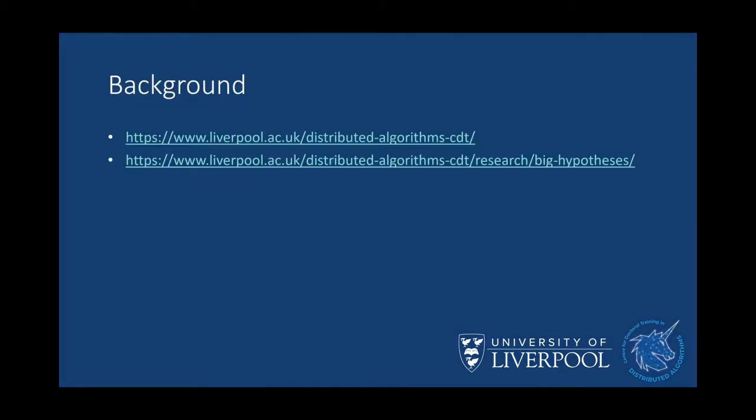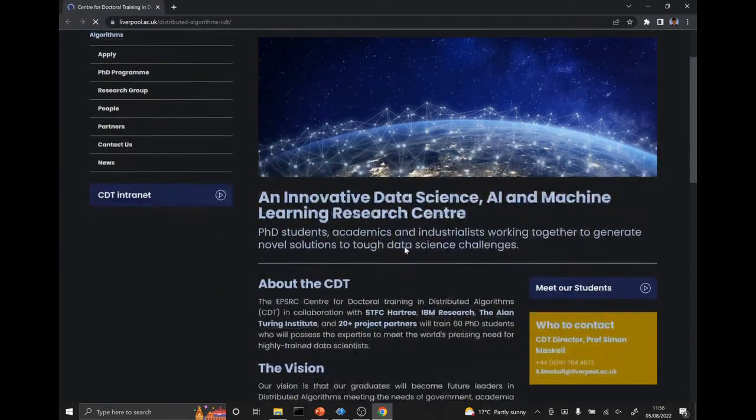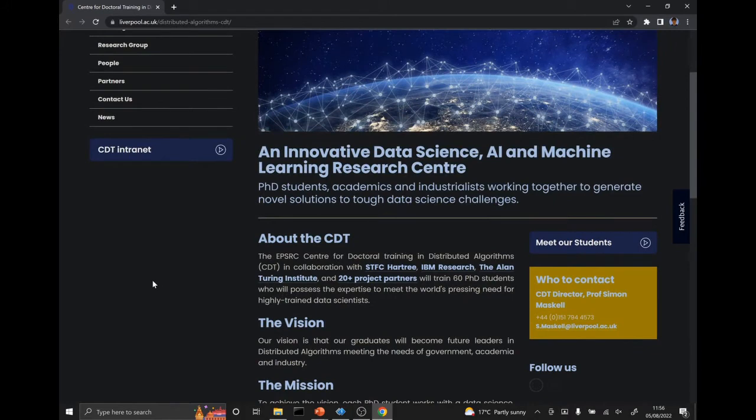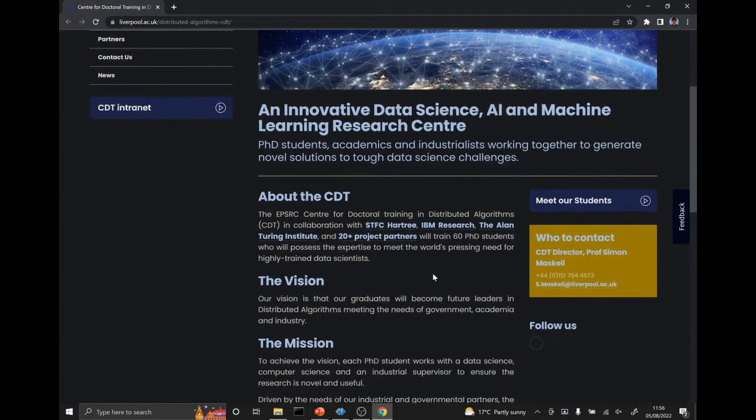So just to give you a bit of background, the Centre for Doctoral Training is an EPSRC funded initiative that's sponsored by, for example, STFC Hartree, IBM, the Alan Turing Institute, and so on. And it is a cohort-based model for the training of PhD students, specifically focused on distributed algorithms. It's also associated with